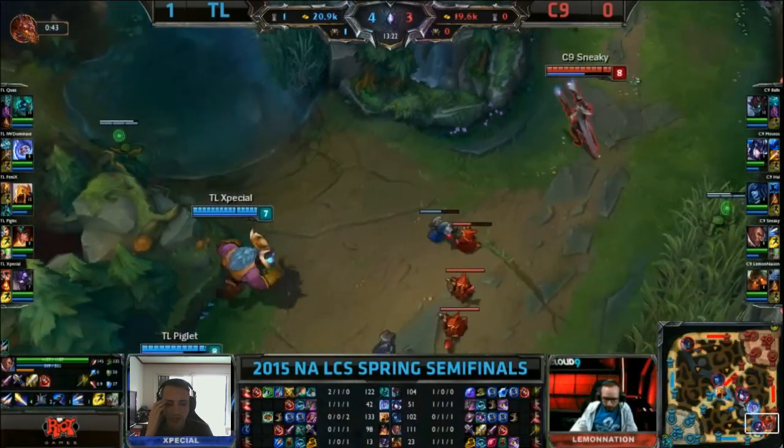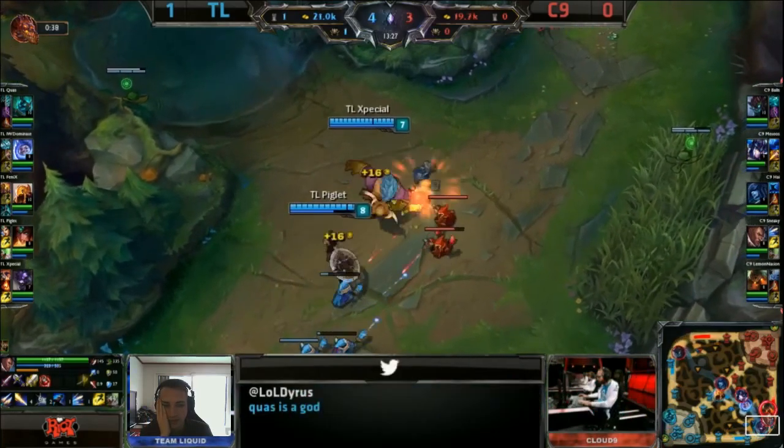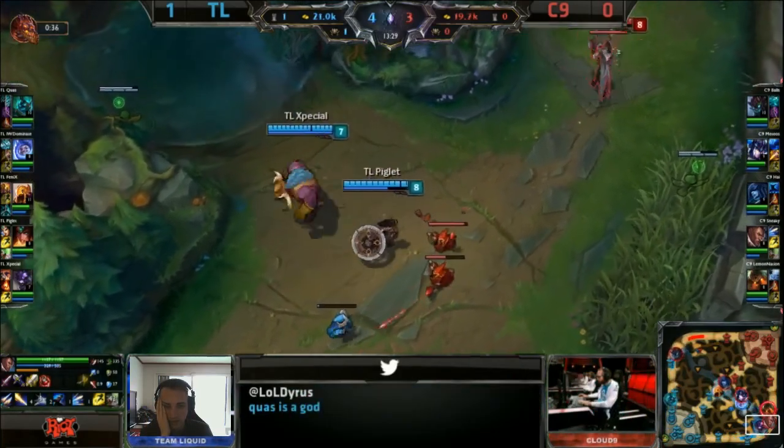Okay, 45 seconds till Dragon. Still a pretty solid advantage. Piglet actually, in spite of being down lower,